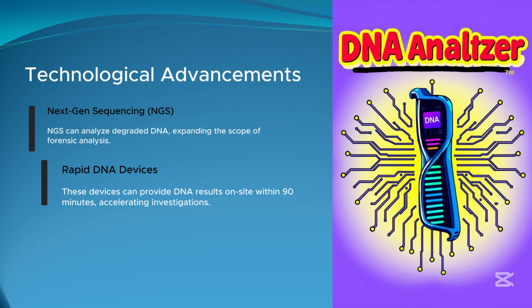These devices can provide DNA results on-site within 90 minutes, accelerating investigations. Rapid DNA devices are portable systems that automate DNA analysis, delivering profiles in 90 minutes at crime scenes, borders, or disaster zones. They bypass traditional lab workflows by integrating extraction, PCR amplification, and STR analysis into a single, user-friendly unit,